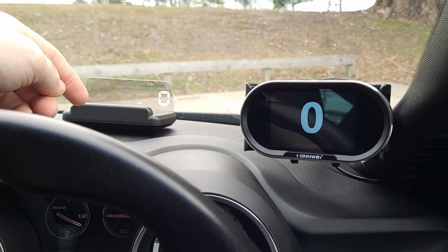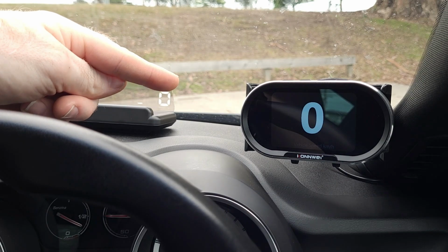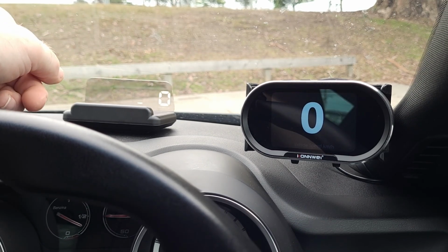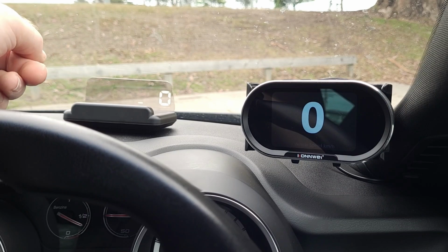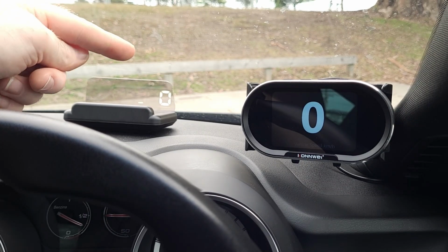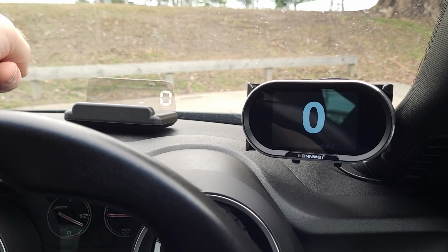But I'm actually just sitting here right now looking at the Geyiren, sitting next to the Conway KW206 head-up display, and I'm trying to see what advantage the Geyiren would have over a head-up display like the Conway. And you know what? I don't really know. I mean, the Geyiren doesn't project my speed onto the windscreen, and neither does the Conway. I mean, sure, the features of the Conway KW206 head-up display are a lot more advanced than the Geyiren C500,